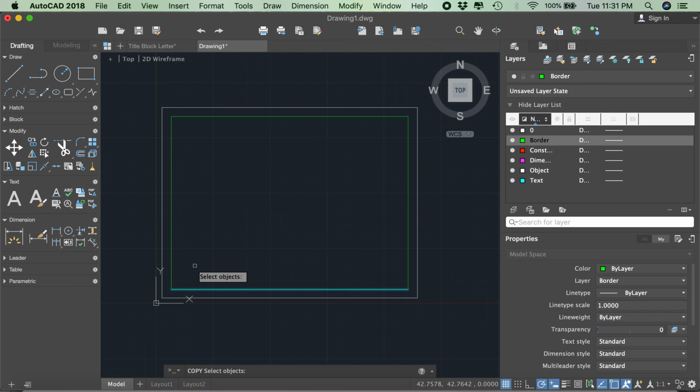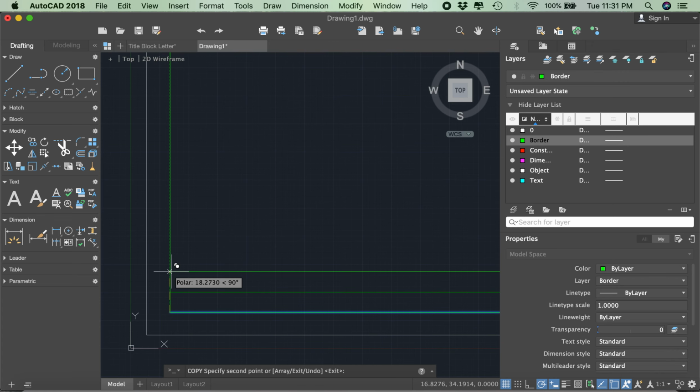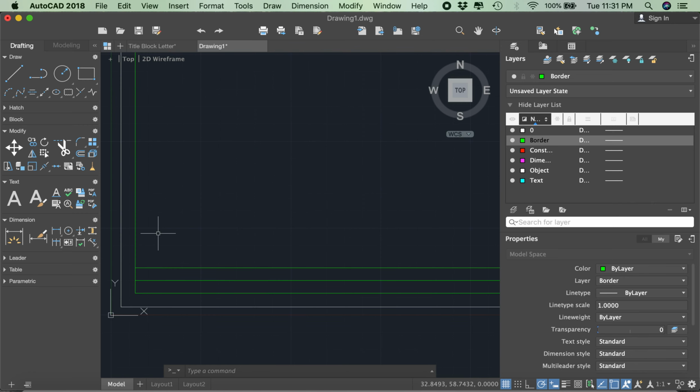Select the object, right-click to confirm, and select a base point to copy from. Drag it up, making sure you have that tracking in the perpendicular 90 degrees, and you can type in 9 millimeters. We want a second one, an additional 9. Notice, however, it's still tracking from the original point, so we'd have to type in 18. Let's put in some vertical lines to separate this box further. Select the line command, or type in line,